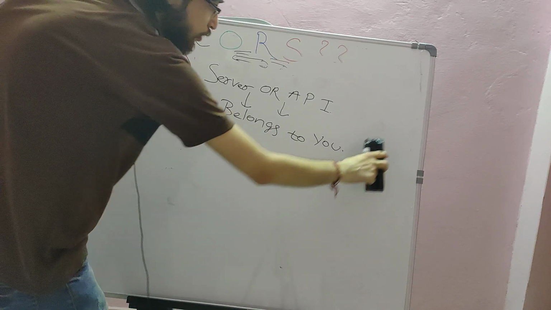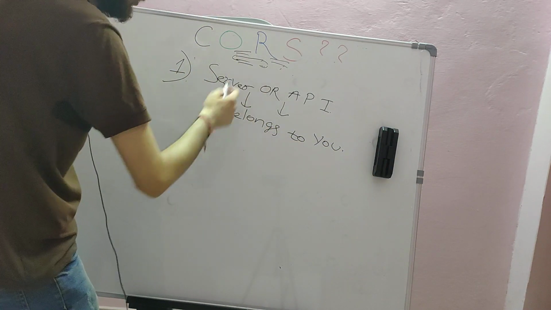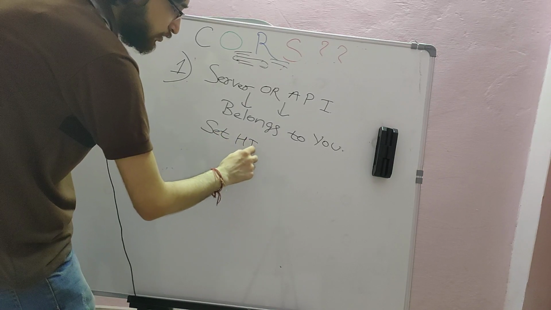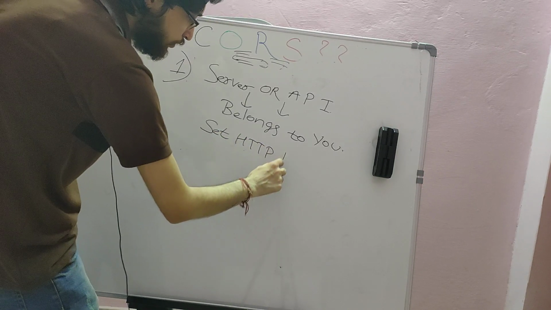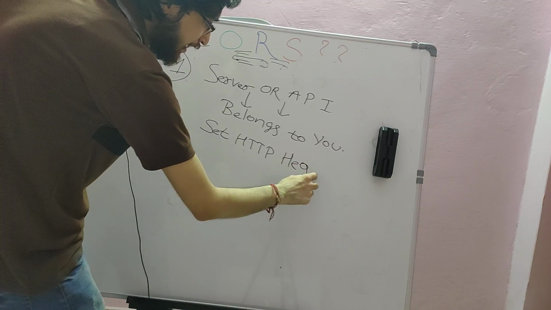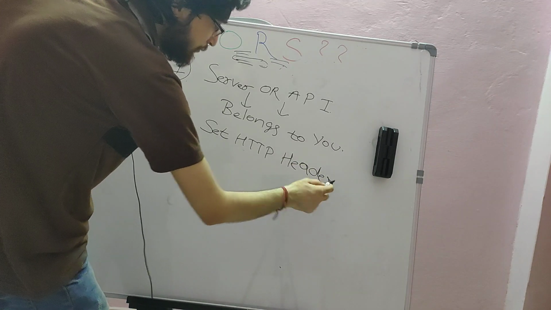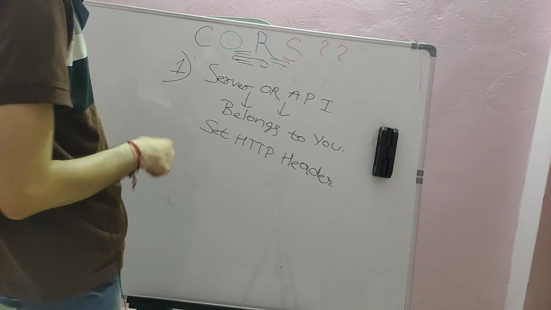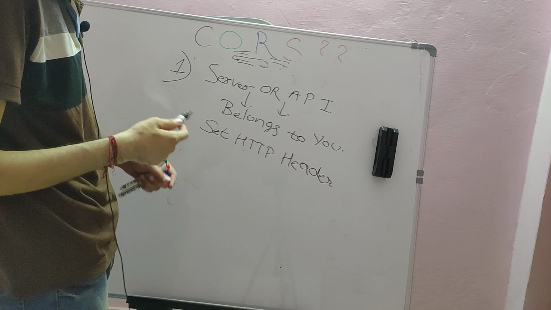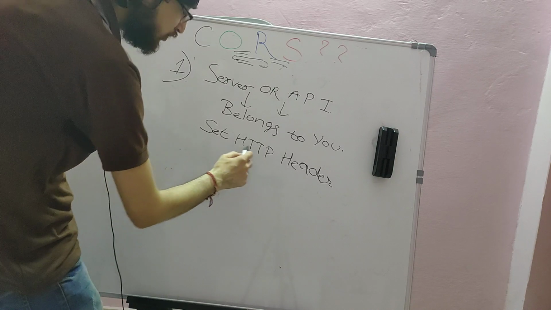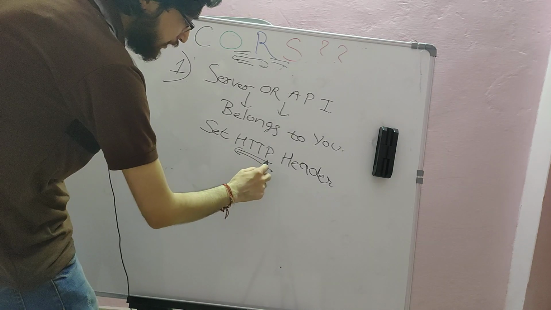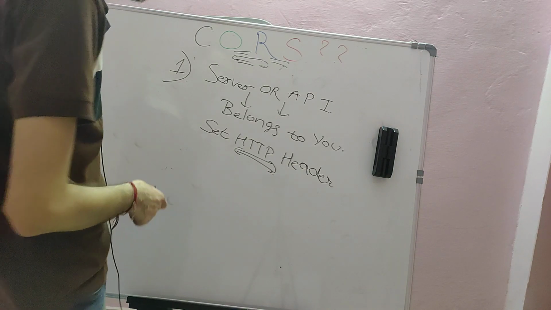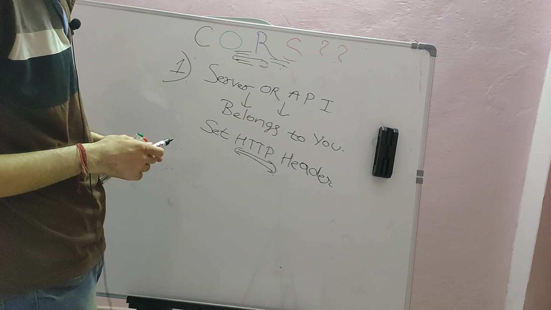So in order to fix the CORS error, you need to set some HTTP headers here. If you search on Stack Overflow, you can copy that code and then contact the backend team, and they will fix the error for you. And next time if you make the request, your application will work perfectly fine. So you just need to contact the backend team and convey the message to set some HTTP headers for you. So this is the first step.